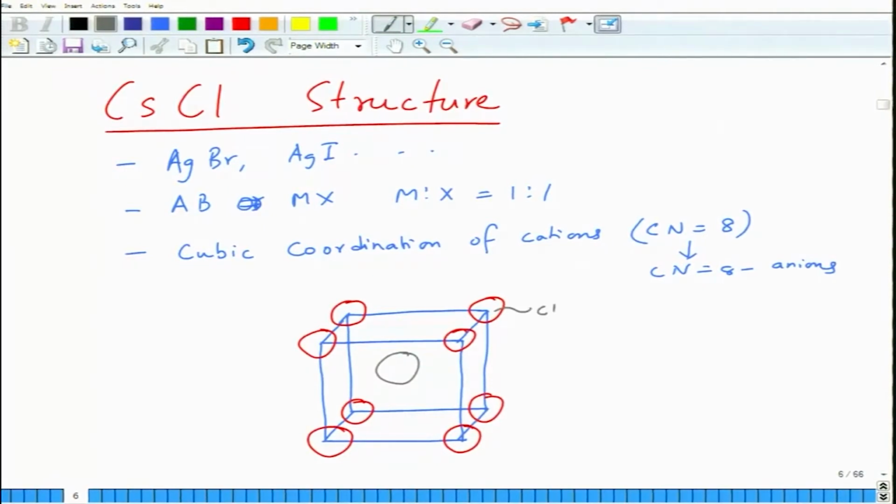So, this is chlorine, this is cesium. Of course, when you make the ball model they touch each other, but for the sake of clarity we have drawn them as separate. So, this is a primitive cubic lattice